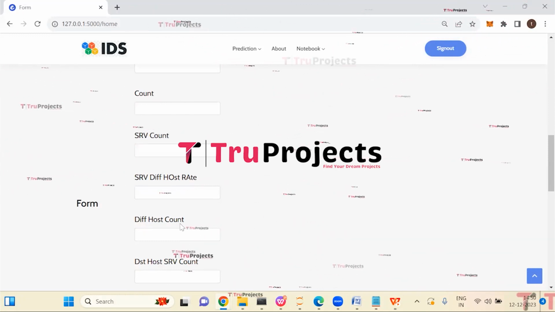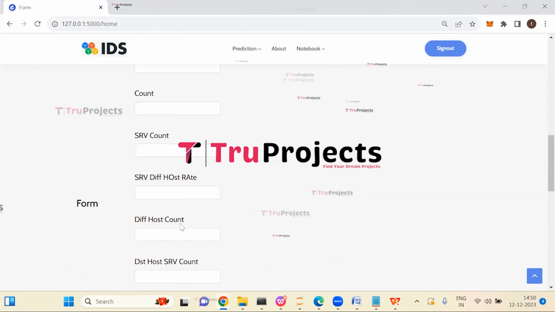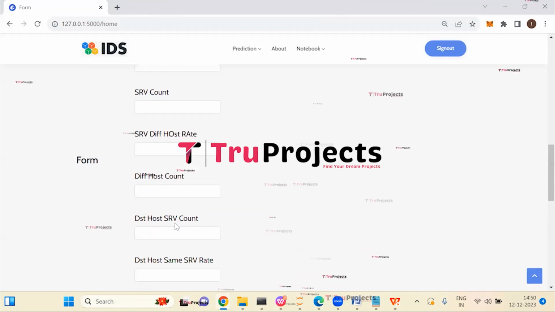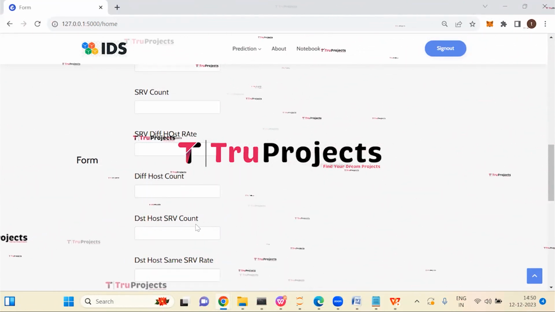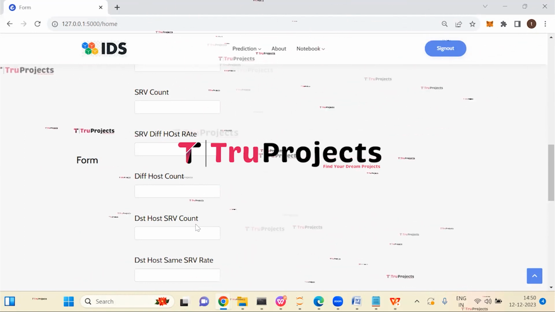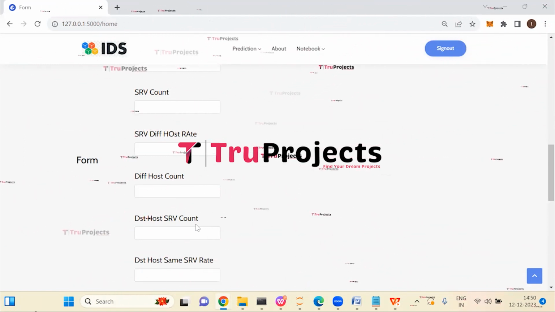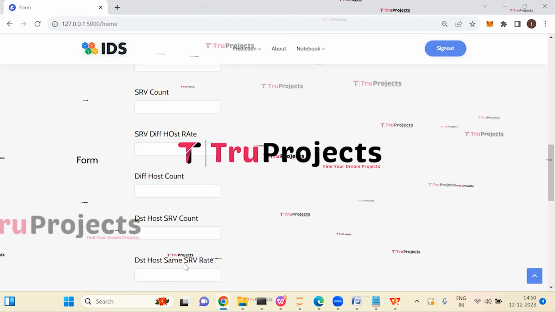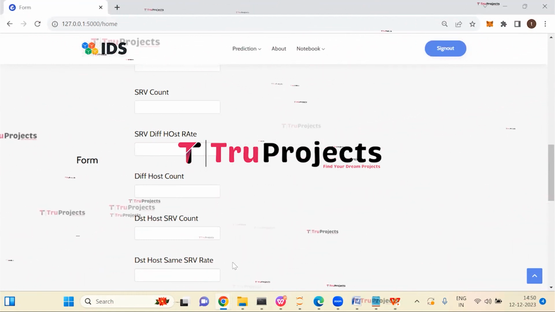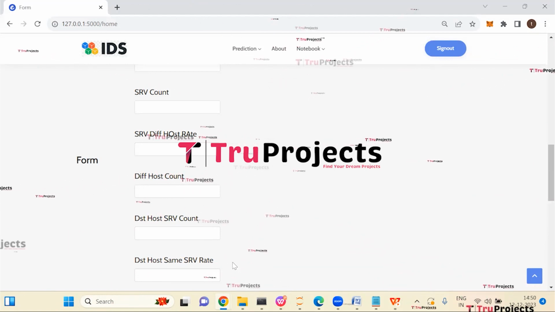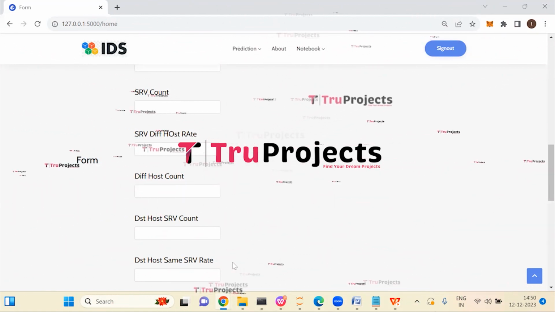Different host count represents the count of different hosts contacted. Different host SRV count represents the count of services for a destination host.